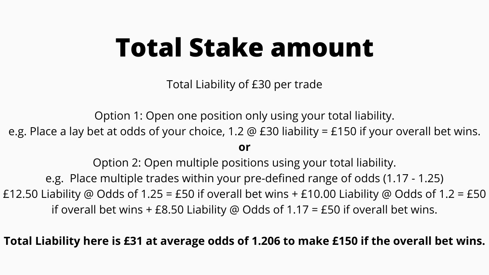So as you can see on the screen, just as an example, imagine splitting your total liability up into 3 separate trades. So you enter the market on 3 separate occasions using your total liability. That would be an example of averaging your stake. By doing it that way, you end up with a similar amount of liabilities. As you can see on the screen, total liability £31 in comparison to if I did it in one go,